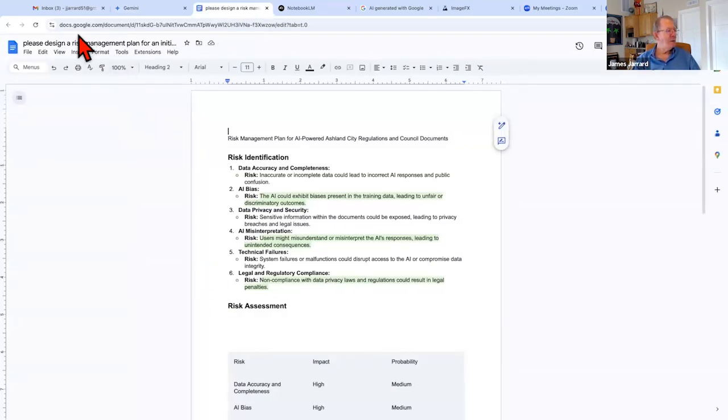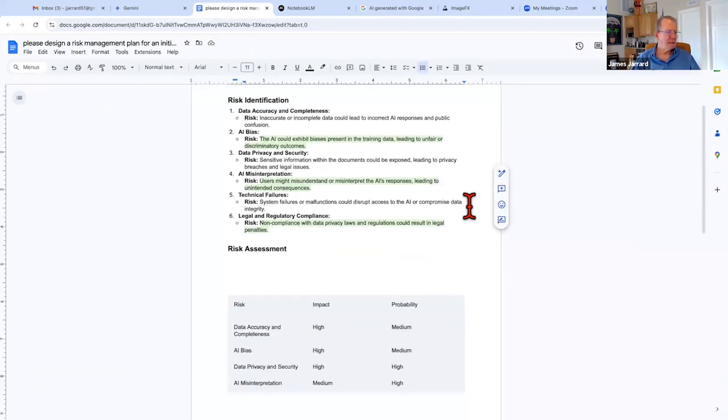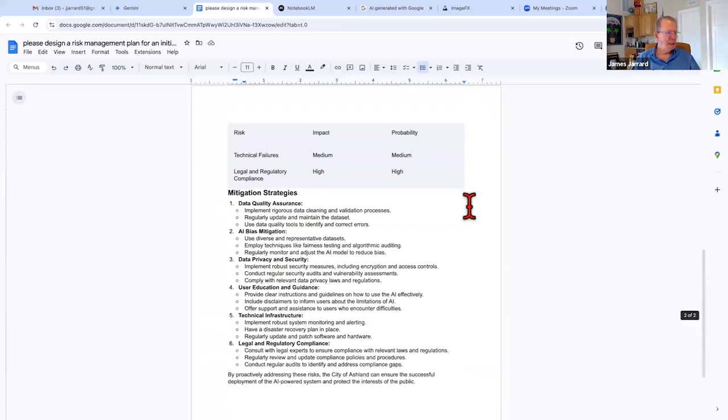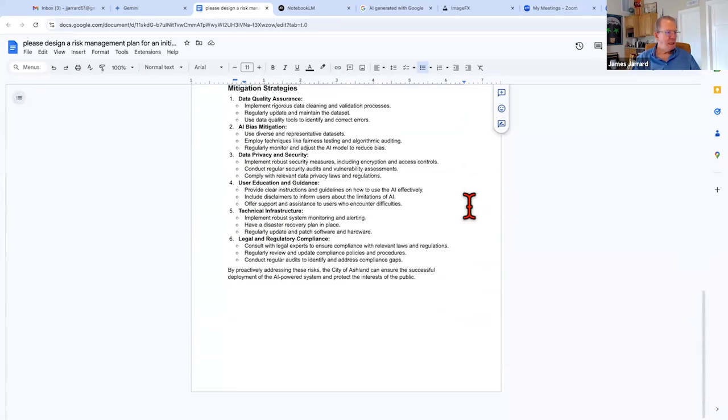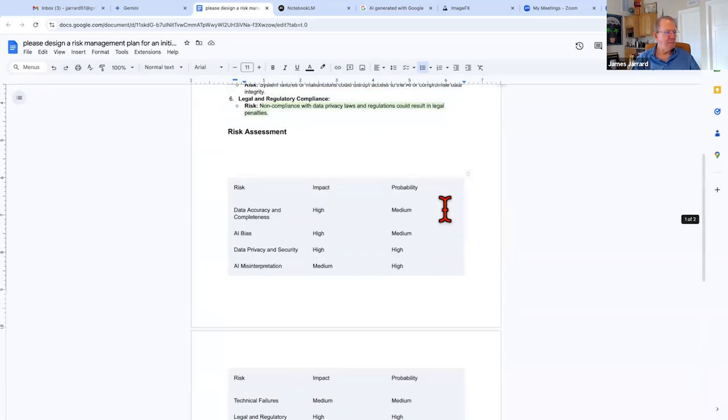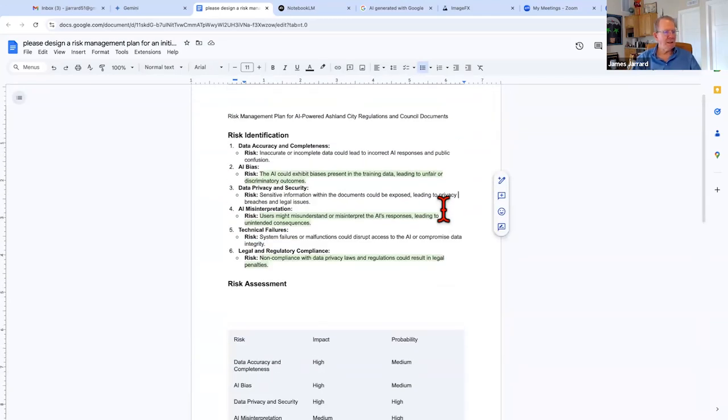And now it's copied. All of that text, all of the inference that Gemini gave me is now in a Google Docs item. And now let's look in Google Docs.